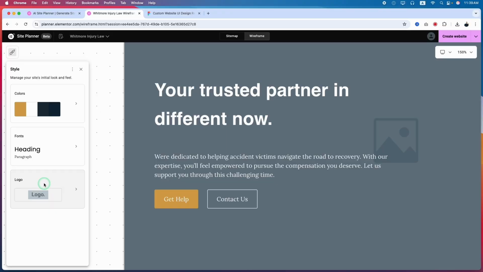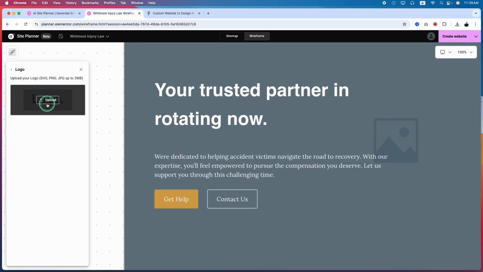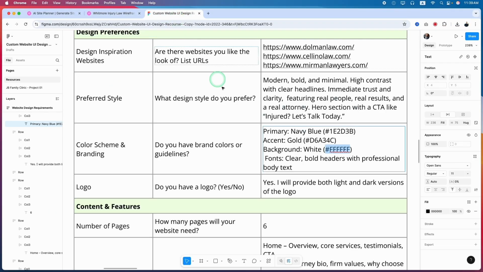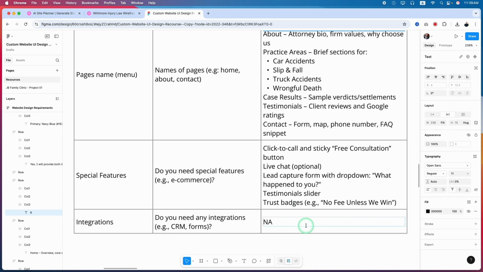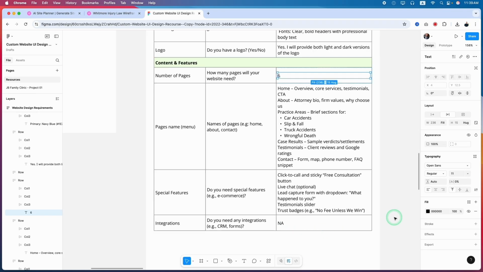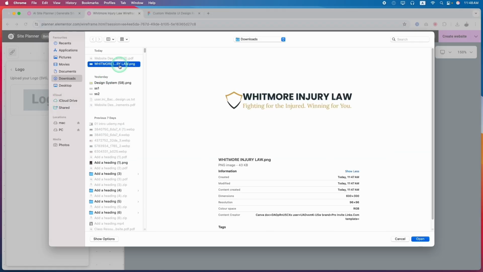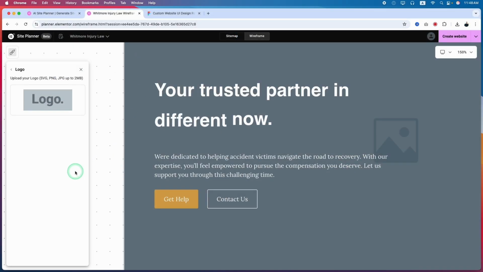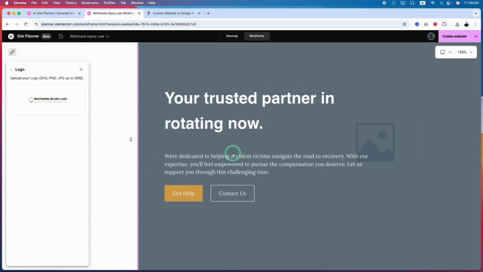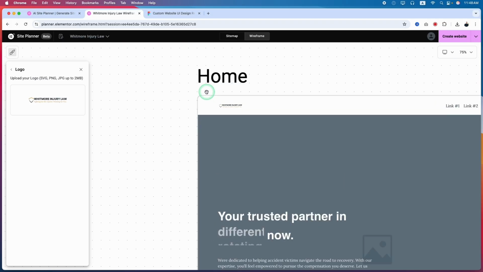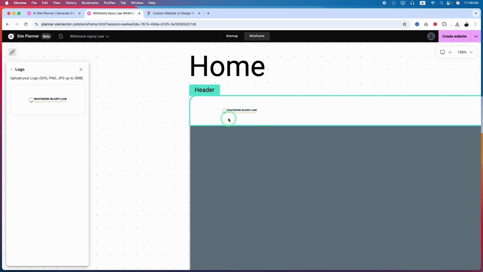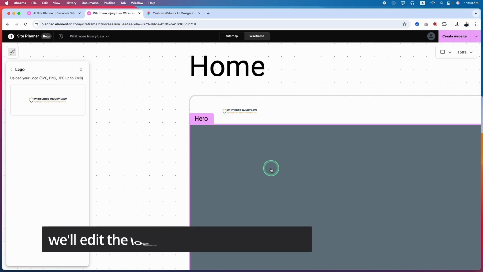Now here we can add the logo. In our case it says the client has a logo, and if we have been provided the logo, we can add it. Okay, now I have the logo, so I click on upload, and here let's upload the logo. Okay, and let's see what happened. Okay, it added here, but the logo is too small. Let's edit the logo